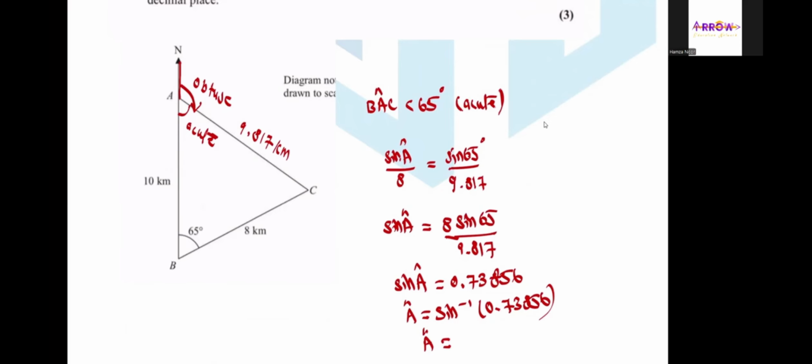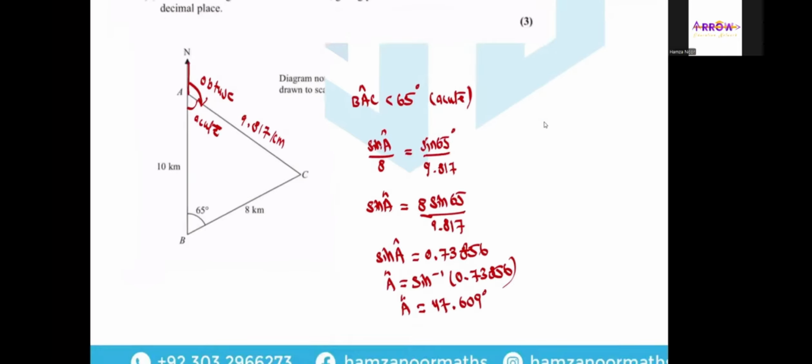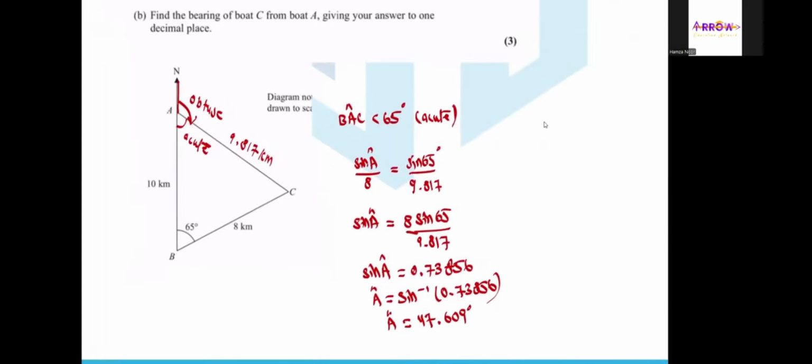Just put this thing in your calculator, sine inverse 0.73856. This is 47.609 degrees. This angle A is acute, meaning angle BAC is acute, but the bearing is actually obtuse,